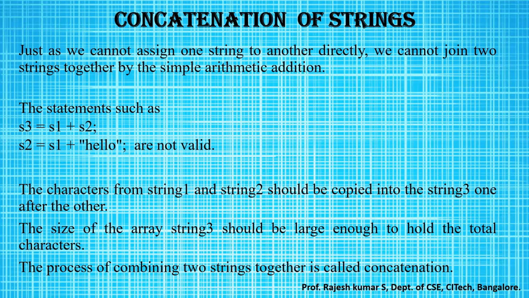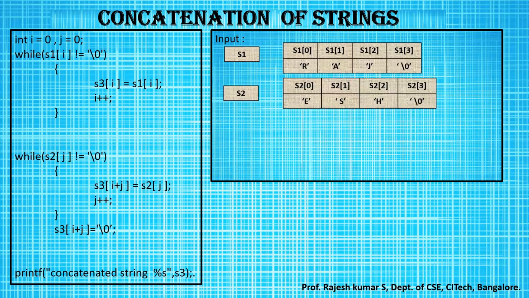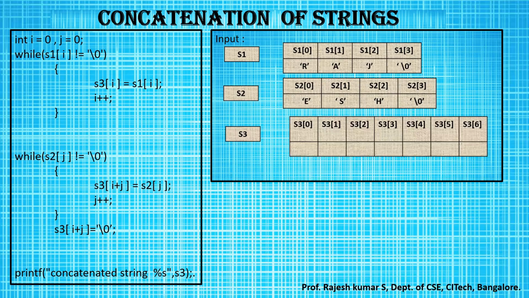Now let us see the logic of the program and the coding of the program. In the string concatenation program, I'll just show you the input and what is required. Now students, do observe this input statement. We have used S1 array, S2 array, and S3 array. I've given the names of the arrays S1, S2, S3. In the S1 array, I've stored RAJ. And we know by default, the ending null character will be added by the compiler itself.